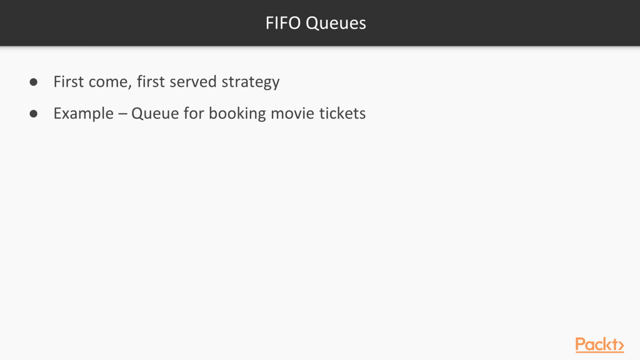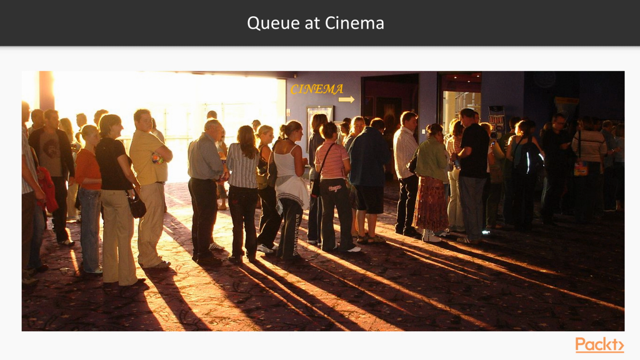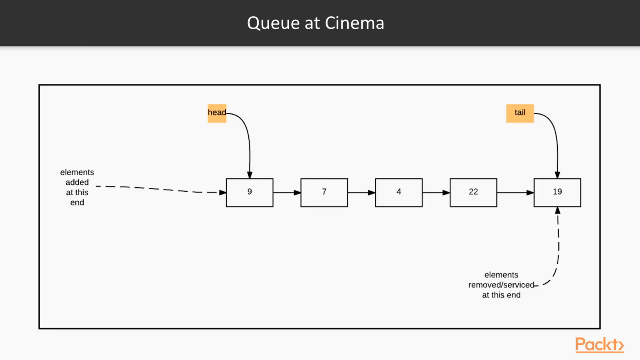For example, let's consider a queue for booking movie tickets. The person who comes first and joins the queue gets serviced before the person after him, who joined the queue a bit later. This enforces an order, which is also known as first-come, first-served, or FIFO. According to this, the person who comes earlier is serviced first and moves out of the queue. A new element queues up at the head and is removed or serviced at the tail, as shown in this